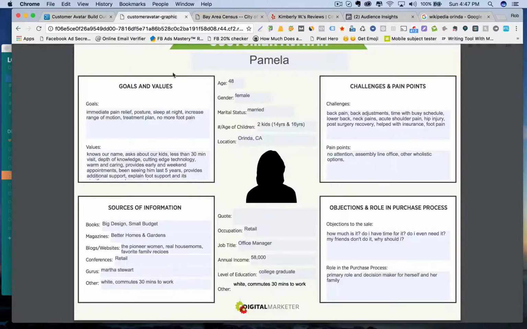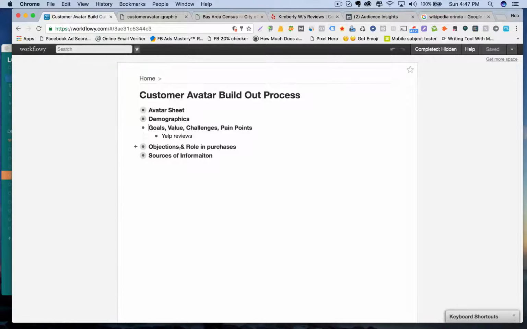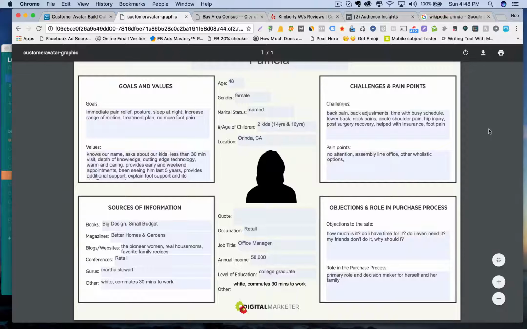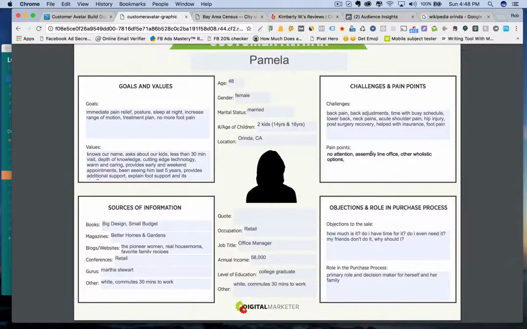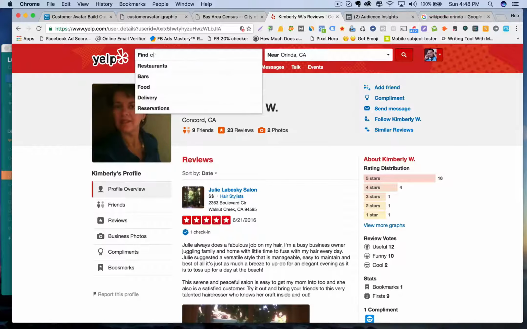So I need to move into these parts because this is all blank. And I've got it all filled out. Why? Because I went to the Yelp reviews. Now, what I did was, let's say you're a service provider and you want to fill this out for yourself, then you would look, if you're a dentist and you have a lot of reviews, then you can pull all this information from your reviews. Now, if you're doing this on behalf of somebody else, right? I'm doing this on behalf of Kevin, who's my chiropractor friend, and I would go and find a chiropractor